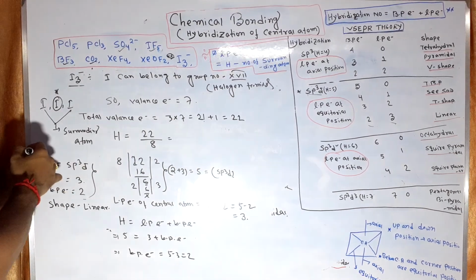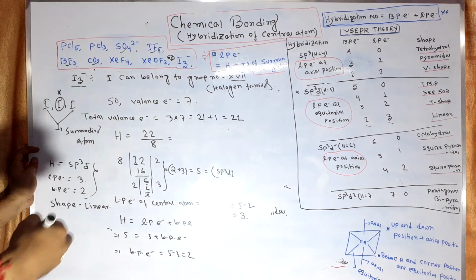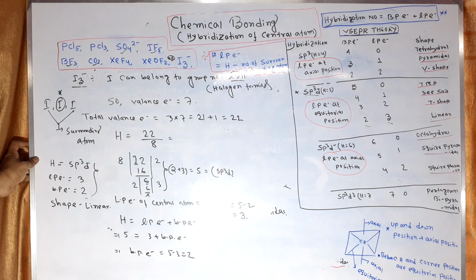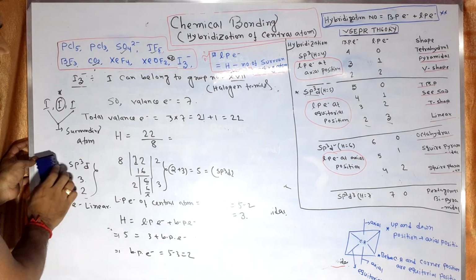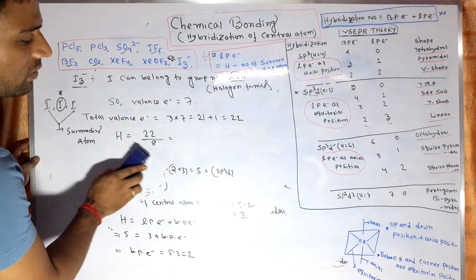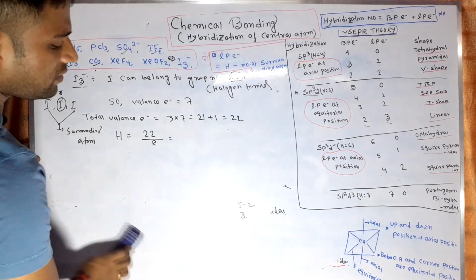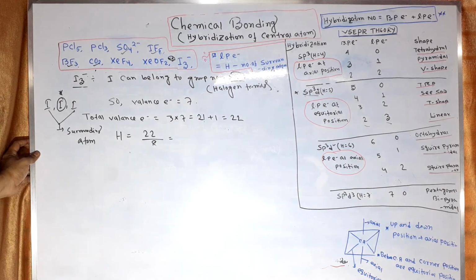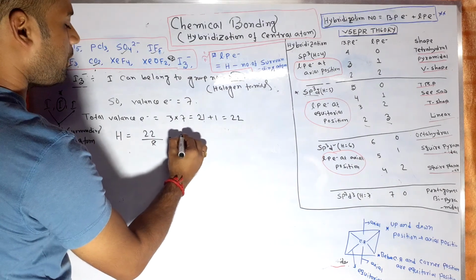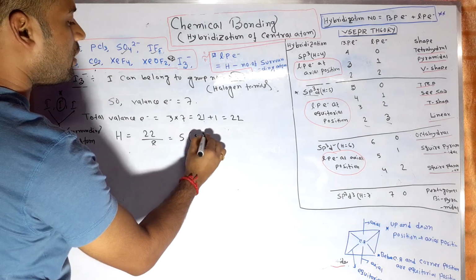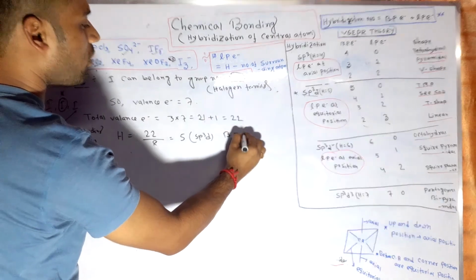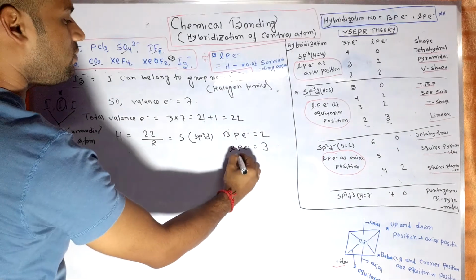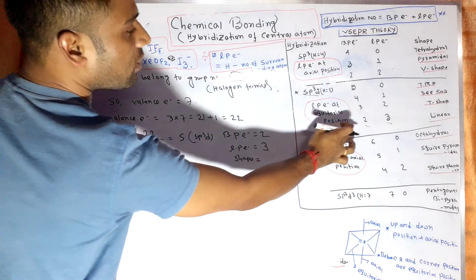This is the easy process for determination of hybridization method. Then, to draw the structure of I3 minus: bond pair 2, lone pair 3, hybridization sp3d, data scanned from bond pair electrons 2, lone pair electrons 3. The structure shape according to the VSEPR model is linear.